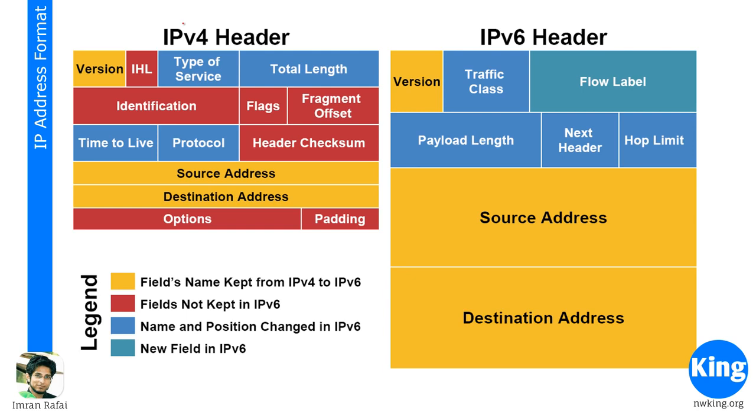So a router, if it has a lot of information to look at, is going to take more time to process that data and make routing decisions. With less, obviously the router is going to be much more efficient. So that's why IPv6 is much better, right? So what we need to understand is